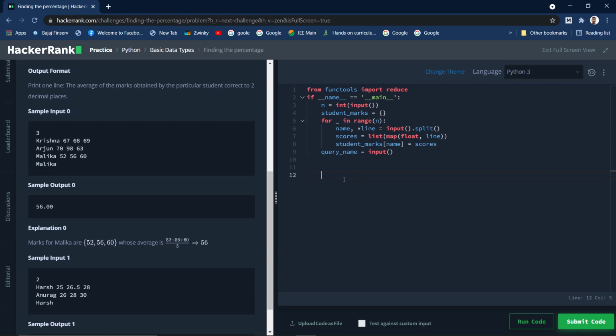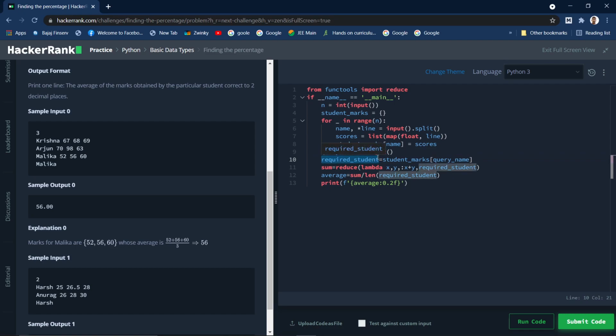And after that, what we need to do is, I have written the code, let me paste it and I will just explain it. So we need to find the required student, right? So from the student marks dictionary, by using the query name, we will get the required student.